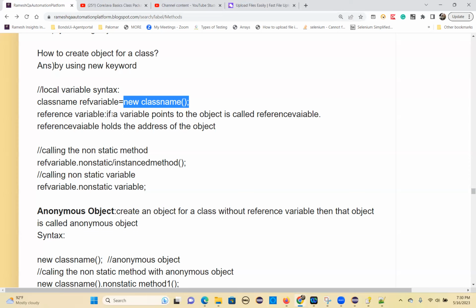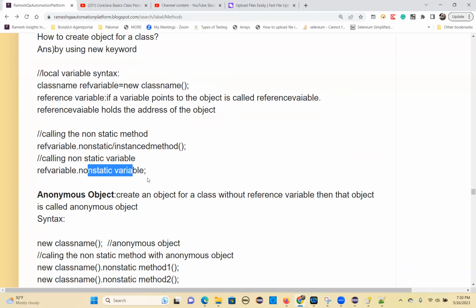Then how do you call non-static variables and non-static methods? Reference variable dot non-static method, reference variable dot non-static variable. For any non-static member you want to call, you have to use this object reference: object reference dot non-static method or non-static variable. Okay, that's all for now, and tomorrow